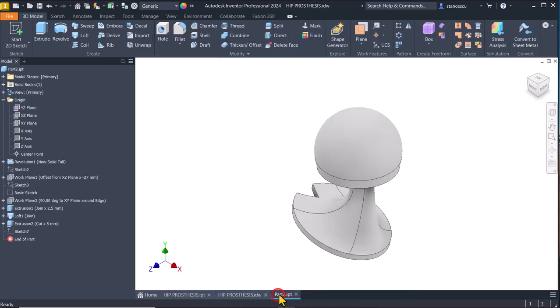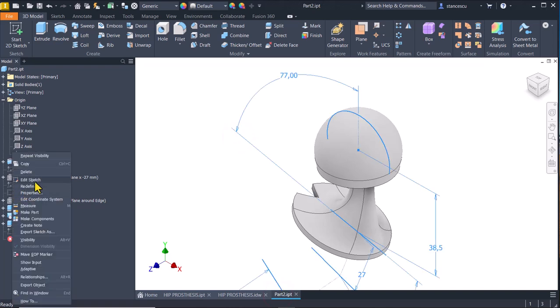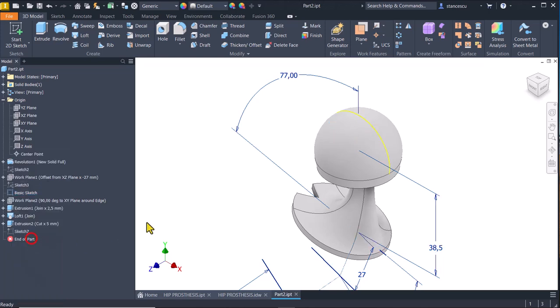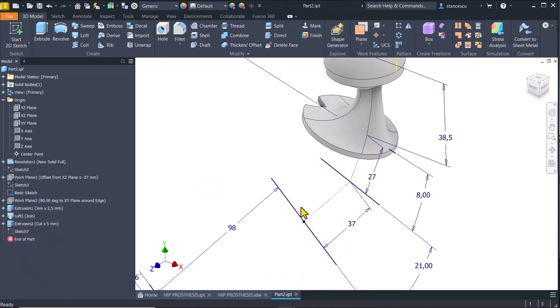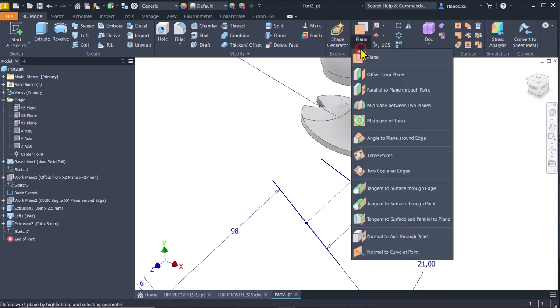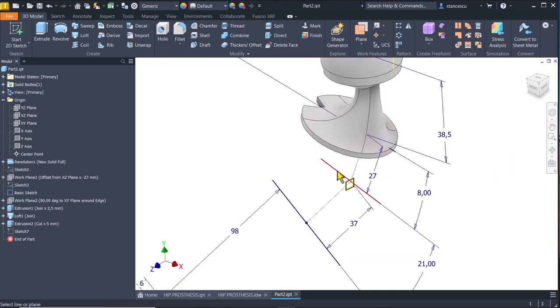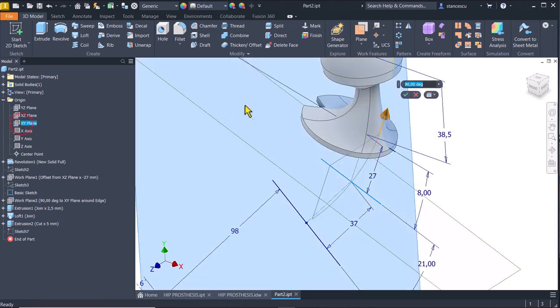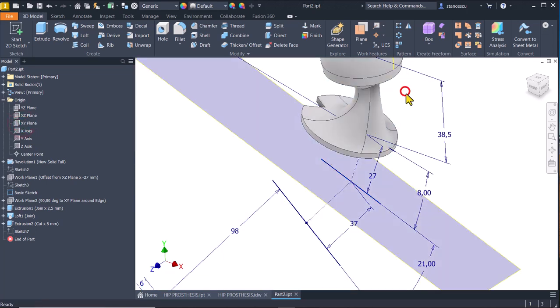Okay, we make visible the basic sketch, and this is the new edge or axis to be used with plane, angle to plane around edge, this edge, and 90 degrees from XY plane. Okay,